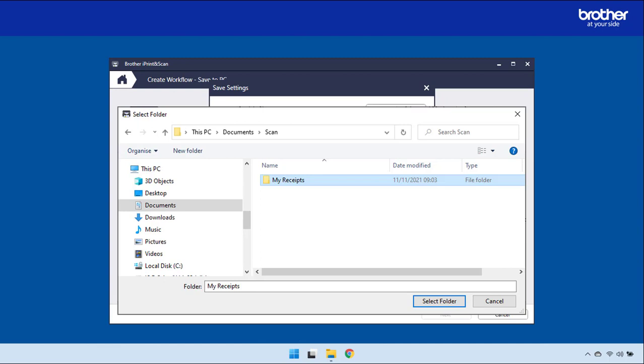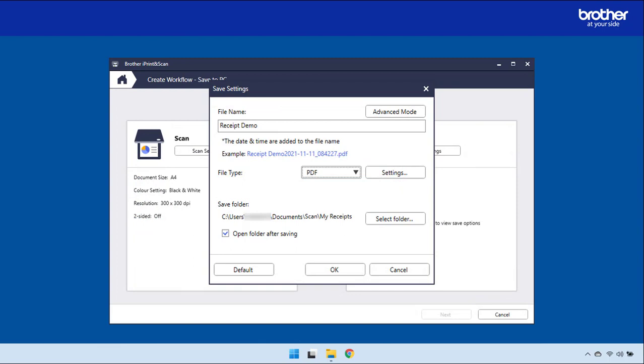Once you've selected the folder you want, click on Select Folder. If you want to check the scan has completed after each scan, check the Open Folder After Saving box and then click OK.